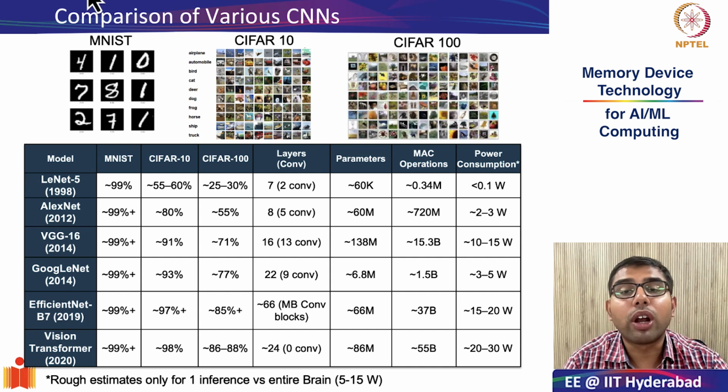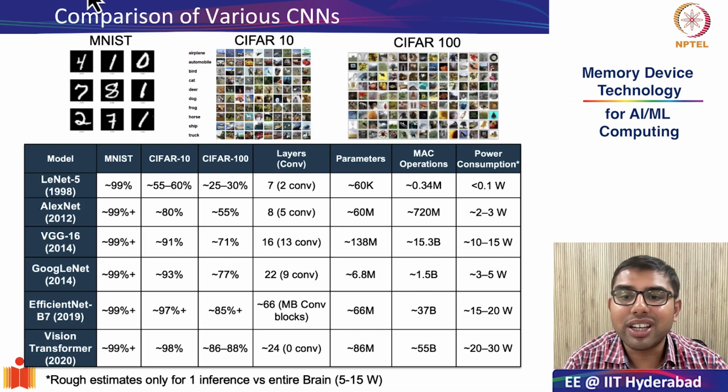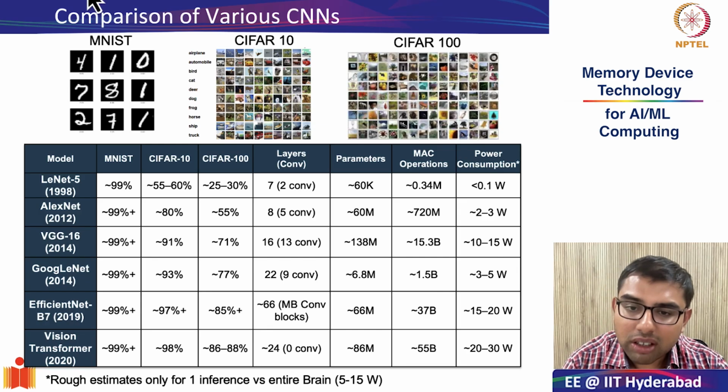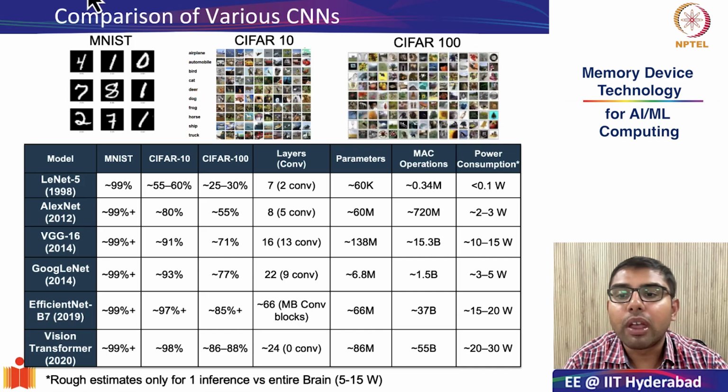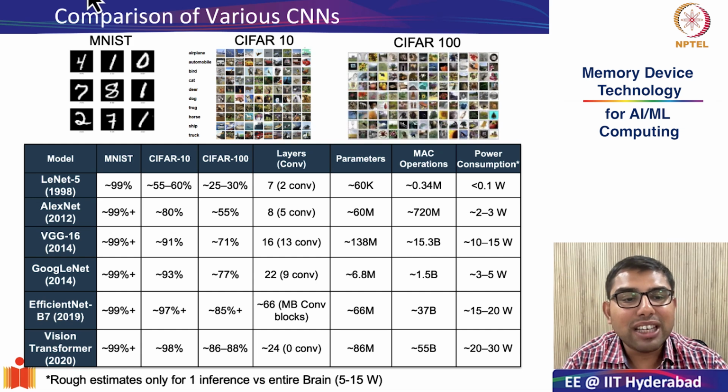Then we looked at one of the earliest CNN architectures developed by IBM in 1998 called LeNet-5. This was designed specifically for handwritten digit recognition. The architecture had 7 layers, including 2 to 3 convolution layers, pooling layers, and a fully connected layer right at the end. More importantly, it had only 60,000 parameters, which seems like a really tiny parameter space by today's standards.